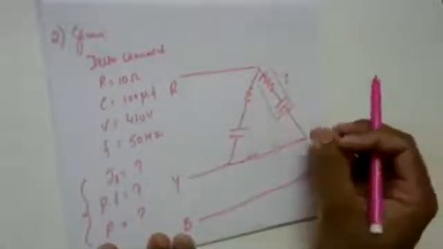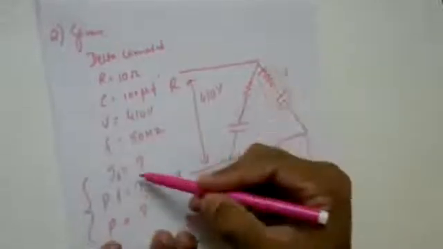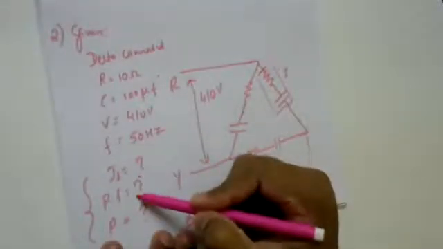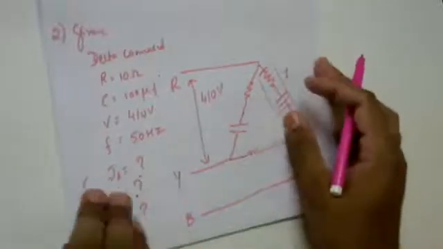In the previous case, with respect to impedance, I had the inductor, but now I have the capacitance, right? He's saying that the voltage applied to the circuit is 410 volts. This is what he has given in the data. With respect to this, what is asked is the line current, the power factor, and the power consumed by the circuit. So we'll solve this numerical stepwise.